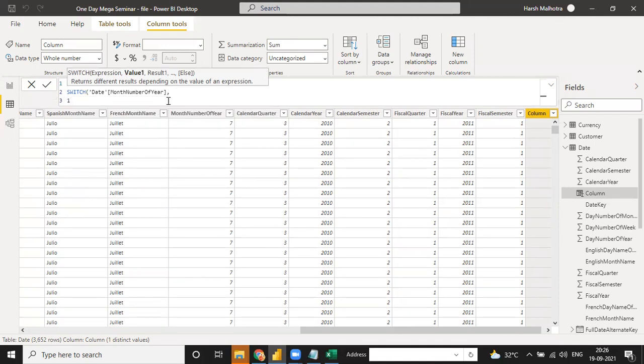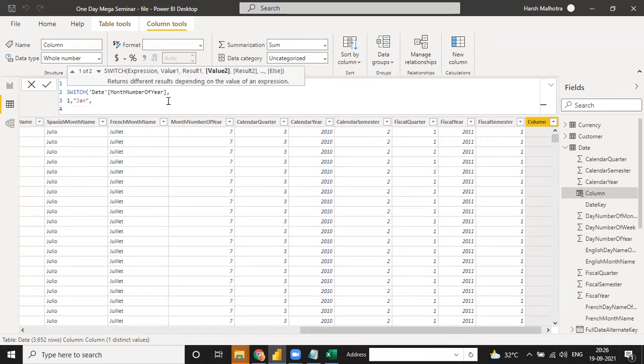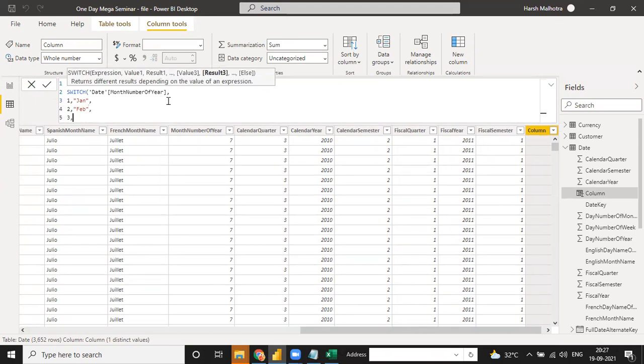If the month number of year is 1, the value will be Jan. If the month number of year is 2, the value will be Feb. If it is 3, then the value will be March.